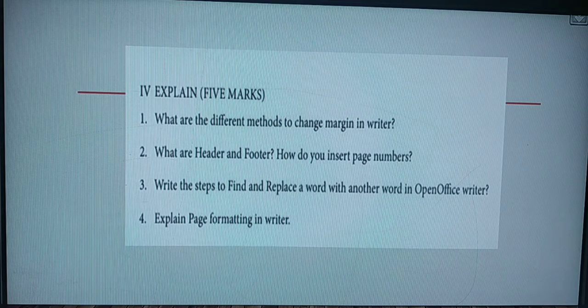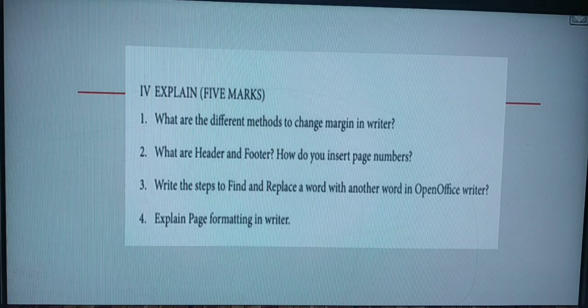That is, enable whole words only, to make the search more specific to words used separately alone. Till that you have to mark. So you have to mark steps to find and replace a text. Full you have to mark. It is your part 4, third question. So clear with this one. Then come to the next one.